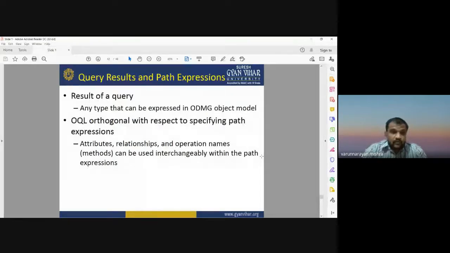After performing a query, the result we get is any type of data that can be expressed in the ODMG object model. OQL is orthogonal with respect to specifying path expressions, which have attributes, relationships, and operation names that can be used interchangeably within the path expressions.